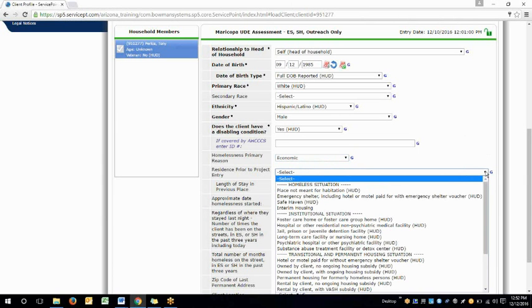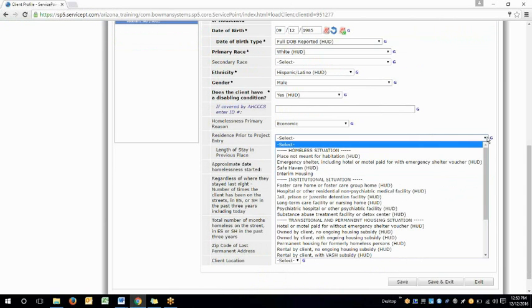Residence prior to project entry. Specify the type of residence or non-residence your client slept at last night. Homelessness situation: place not meant for habitation; emergency shelter, including hotel or motel paid for with emergency shelter voucher; safe haven; interim housing. Institutional situation: foster care home or foster care group home; hospital or other residential non-psychiatric medical facility; jail, prison, or juvenile detention facility;